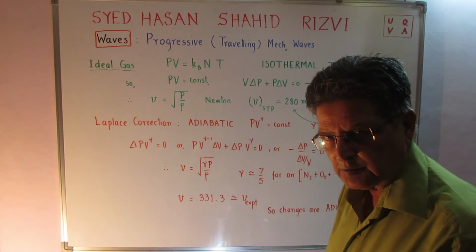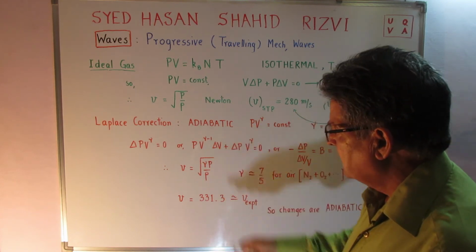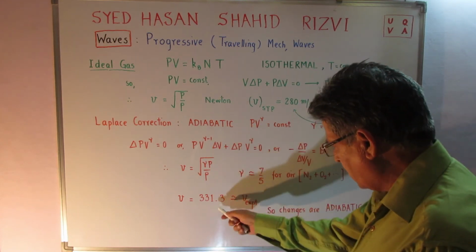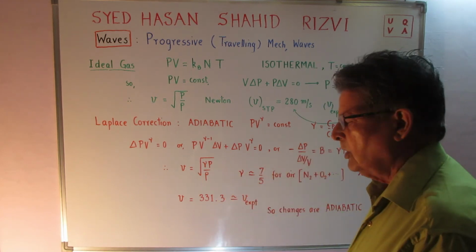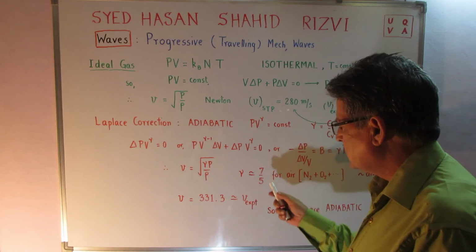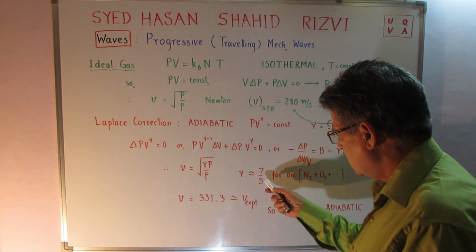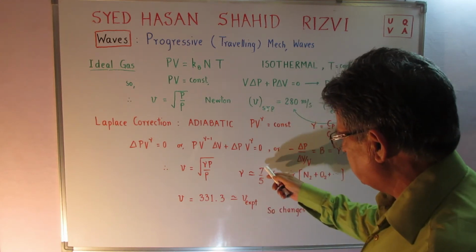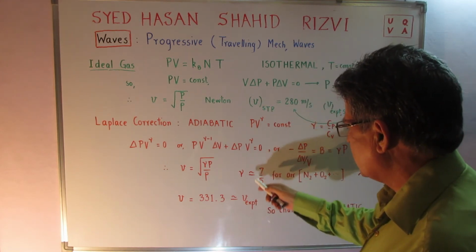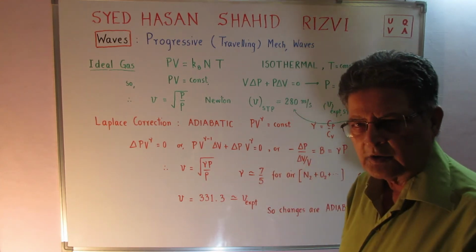That was the later explanation. But it was just a correction substituted over here to bring out this value, and that correction value was 1.4, which I insist that we write as 7 by 5 for nitrogen, for oxygen, for hydrogen,